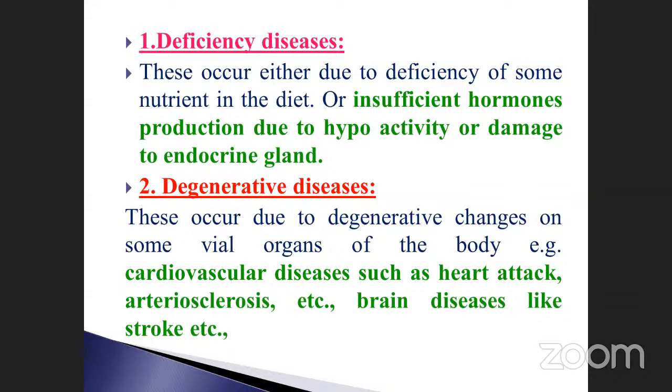Suppose it is less, what happens now? It will not produce the corresponding hormone. As a result, with the lack of hormone, the symptoms will be expressed in your body. Damaging of the endocrine glands. I already told you, endocrine glands secrete only hormones. Endocrine glands are also called duct glands or ductless glands.